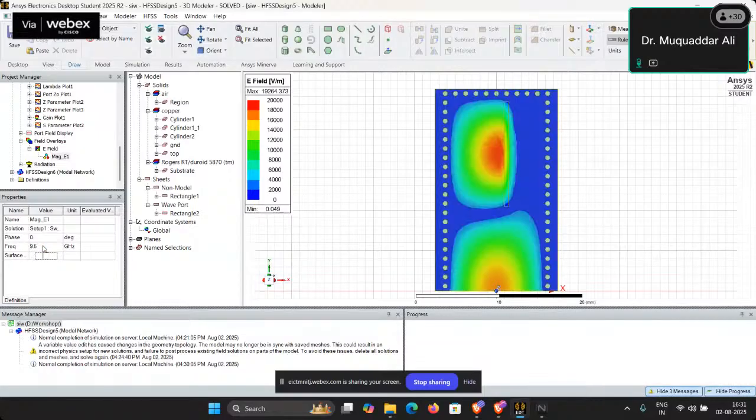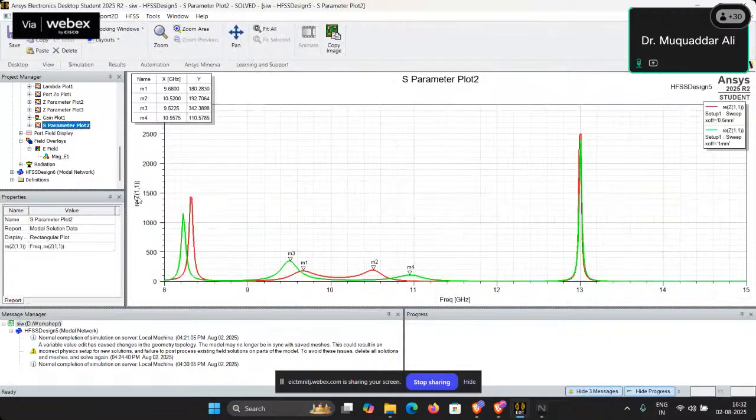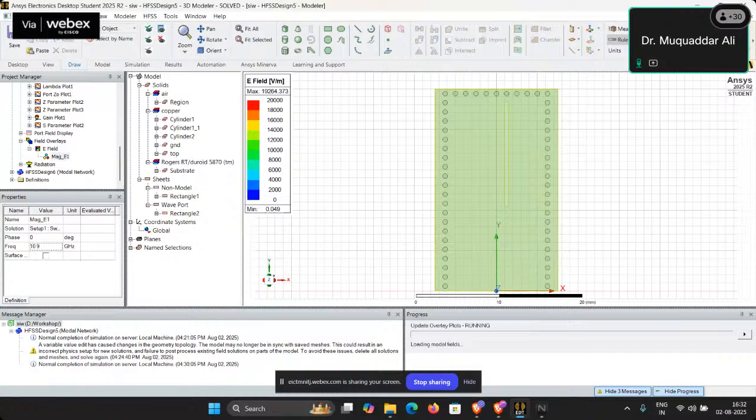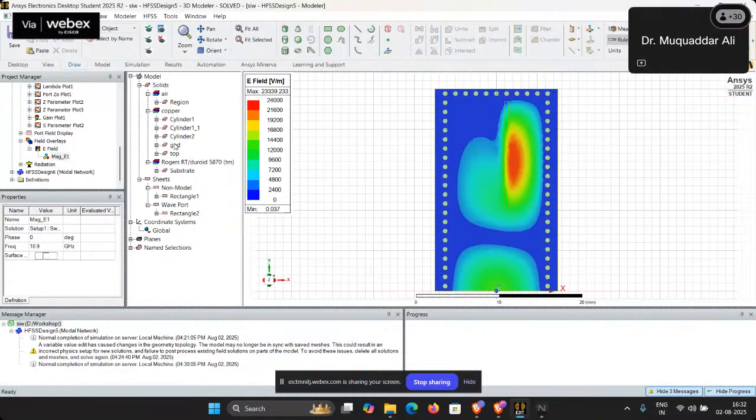At 9.5 gigahertz, you can observe that most of the electric field is making a half cycle here, and from this slot it is radiating, right? Again, let us observe at 10.9 gigahertz. So at 10.9 gigahertz, we observe that